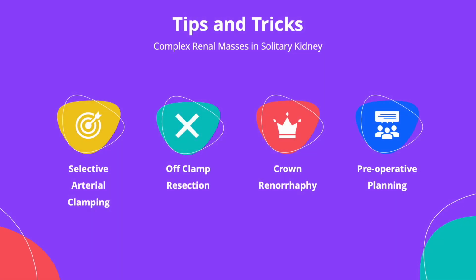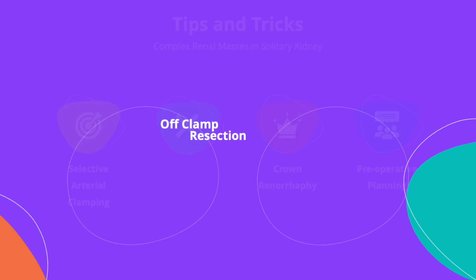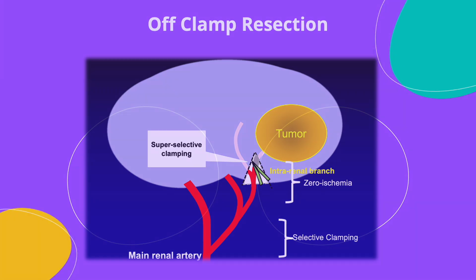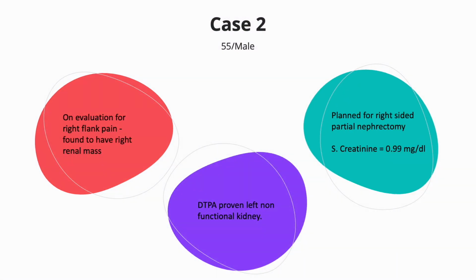Taking it further, superselective clamping involves anatomic microdissection of tumor-specific segmental arteries up to the tertiary or higher order branches in order to completely eliminate ischemia of the remnant kidney. We describe the case of a 55-year-old patient with a right upper polar renal mass and a small non-functional left